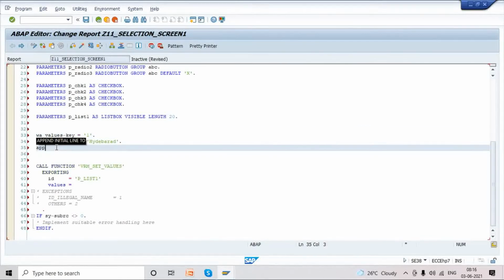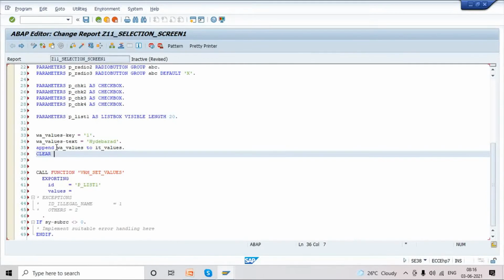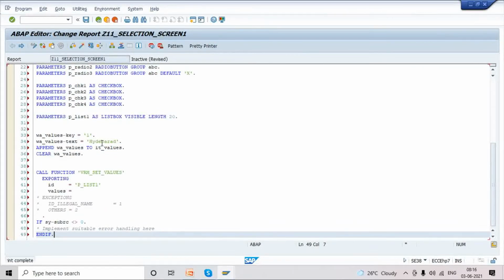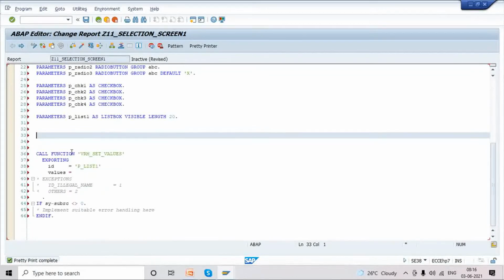Now you can append work area values to the internal table IT underscore values, and clear this work area before appending the next value. You remember we discussed these internal table operations. Yes, sir. Right. So this is one value. Now I am appending the second value.